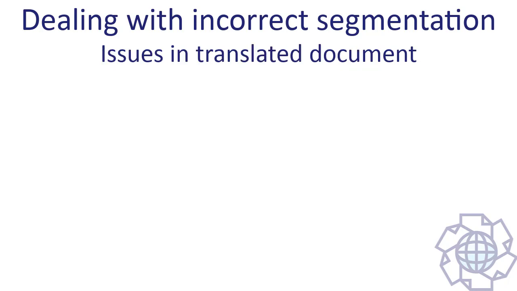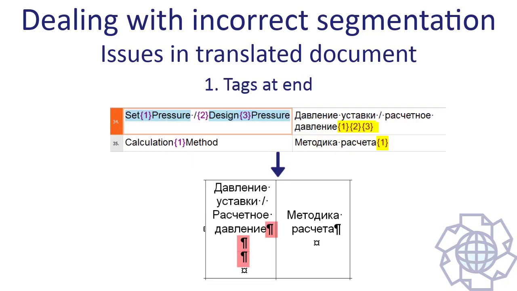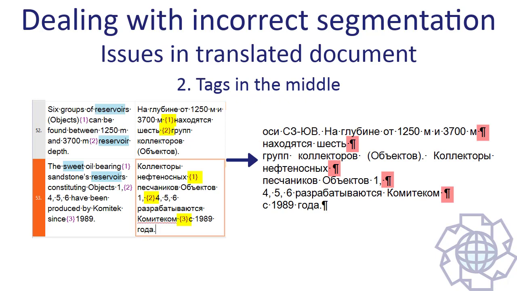Whatever choice you make, when you export the translated document, you will need to fix the formatting because the incorrect breaks will still be there and they will cause the text to look incorrect. For example, if you place the tags at the end of a segment, you will have empty paragraphs in the document. The same thing happens if there are no tags after the segments are merged, as in Trados Studio. If you place the tags in the middle of a segment, as you can see here, the breaks will make the text look sloppy. Either way, the final document will look unprofessional because of these breaks.